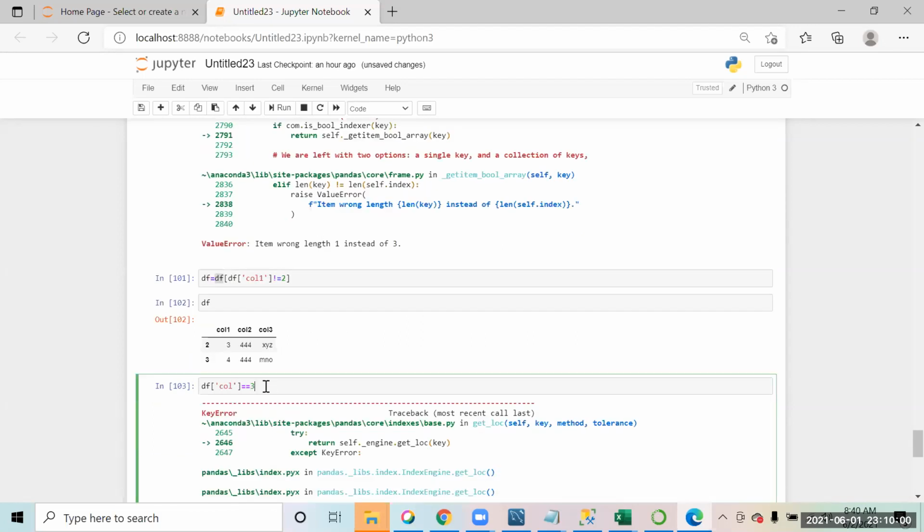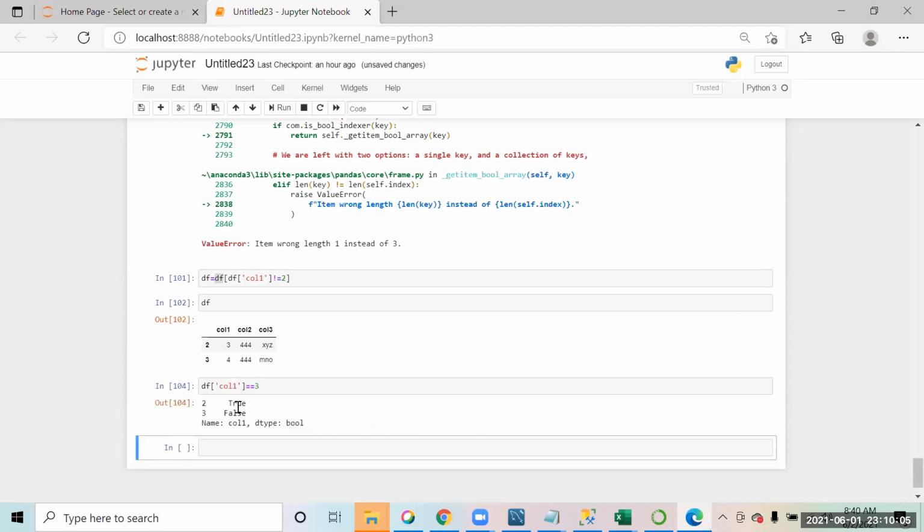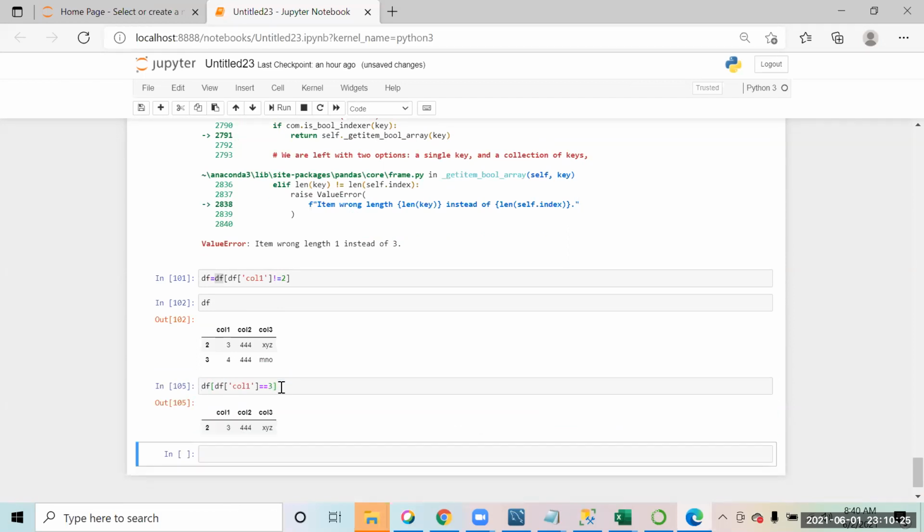So in this row the value is 3, in this it is false. Now I am saying I only want to keep the data where I am getting true. So in the data frame, I want to keep that data where I had the true values. That is how we apply conditions to remove or drop a row.